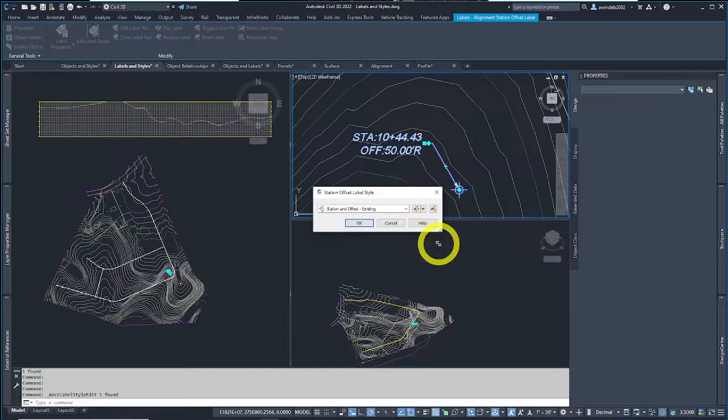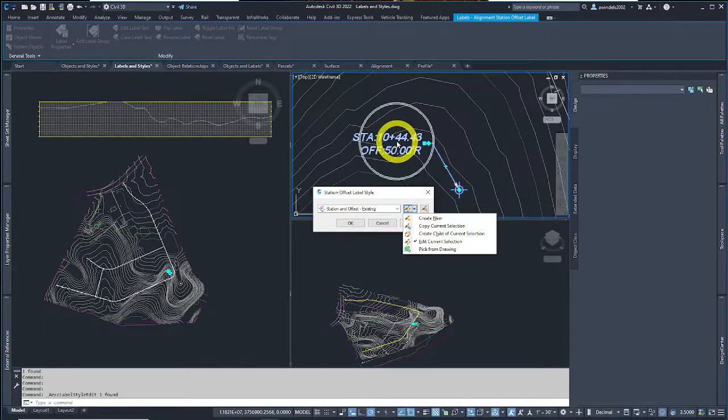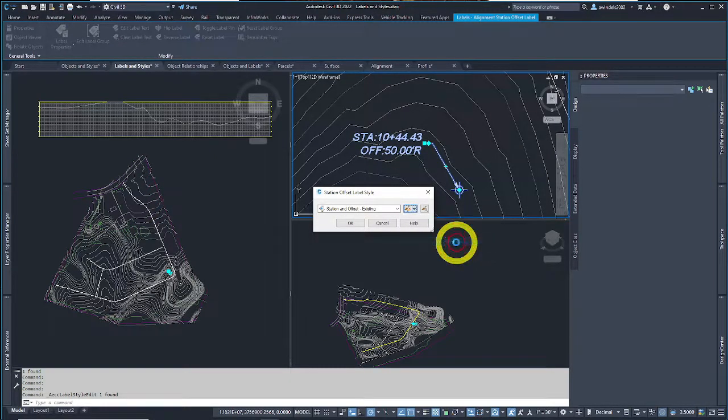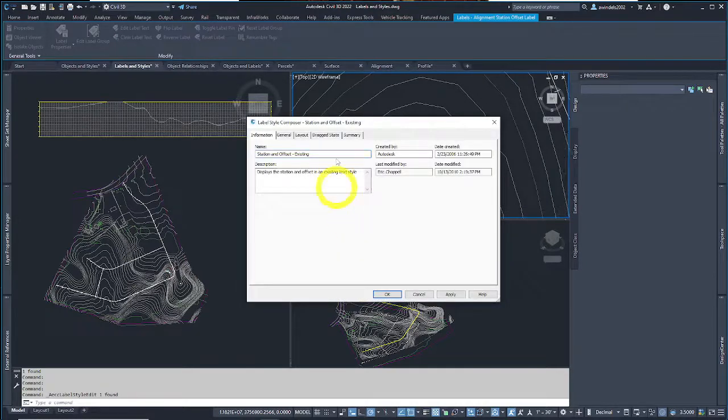This gets a little trickier and deeper, kind of like in Revit when we were editing types and various things. So I want to edit this style. This is a little different icons than the book, but they're very similar readout. We don't want to create a brand new one. We want to copy the current selection. Potentially, if we like this one, we want to use it as our base template, that view. Or we can just straight up edit this current selection, which we're going to do. Like that, and we'll hit OK. It takes us into the